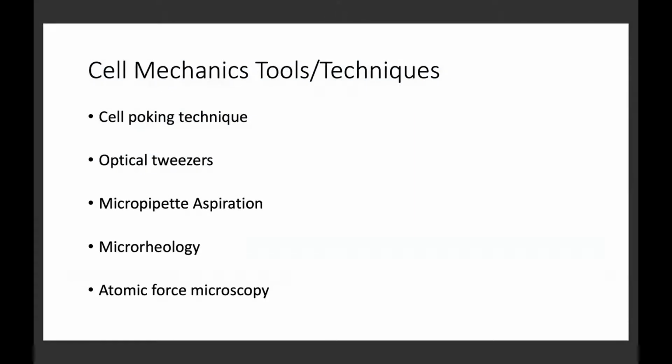So basically, for cell mechanics, what we need to understand are some of the instruments and techniques that we normally use. We have cell poking, we have optical tweezers. We can also use micropipette aspiration, but for my own experiment, I used the atomic force microscope, which is very easy to understand, and also very simple to work with. So for the rest of this presentation, I will talk more on the technique that I use, which is the atomic force microscope. Please, the next